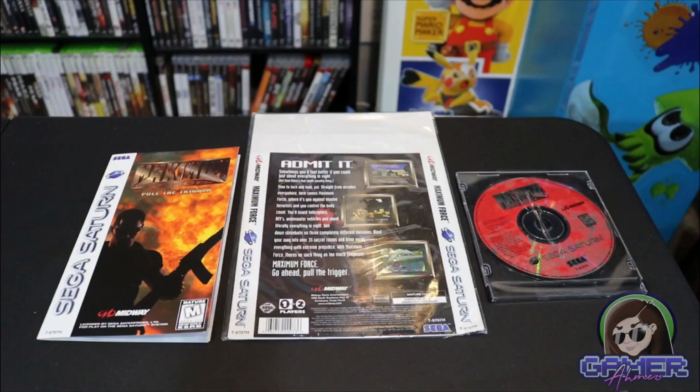So this is a Sega Saturn game, and of course we have Maximum Force. So this is another light gun game for the Sega Saturn. It comes with this front manual part, and then it comes with the back artwork, which is pretty difficult to find. Usually if you just see the front manual, a lot of the times they're missing this back one that came with the case. So all I have to do is actually put all of this together in a case